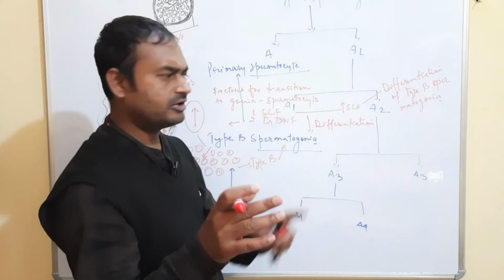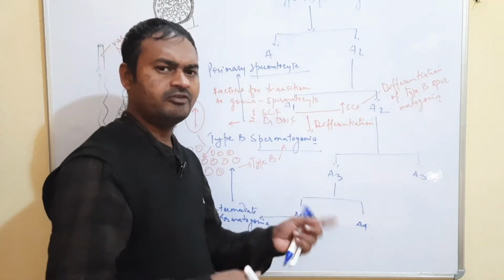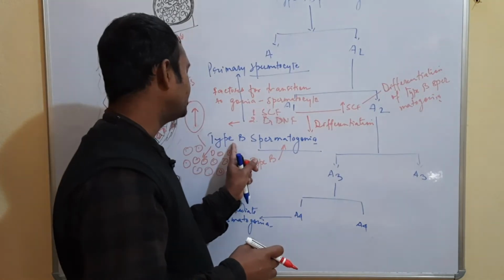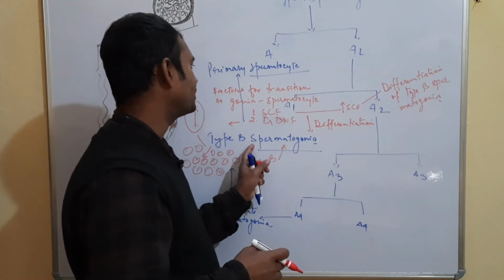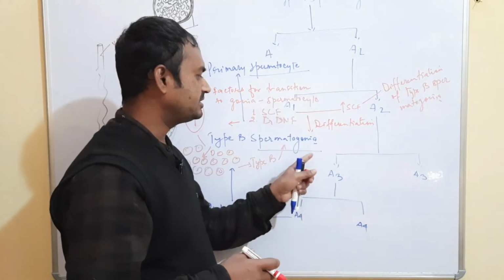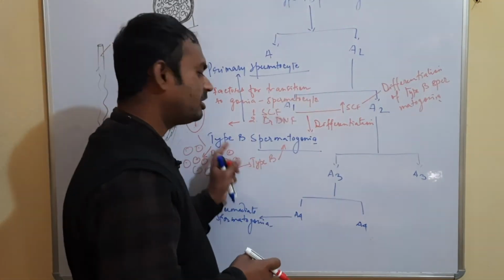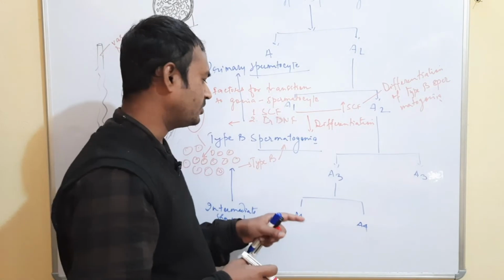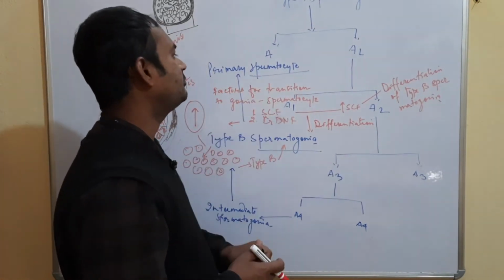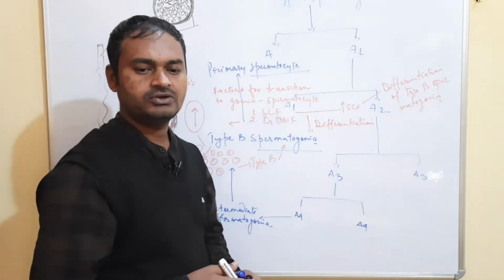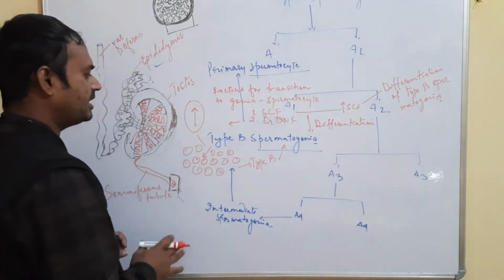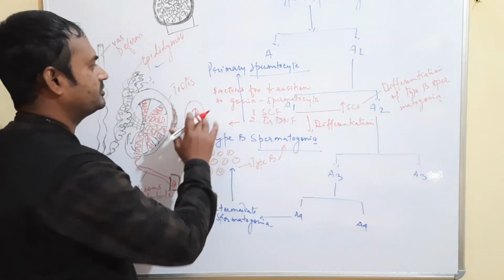So with this, the interplay of these two proteins will lead to a balance between the utilization of type B spermatogonia for the formation of the primary spermatocytes and the maintenance of the amount of type B spermatogonia to manage the formation of the spermatocyte. Okay, so till now we have a clear-cut idea regarding this step.